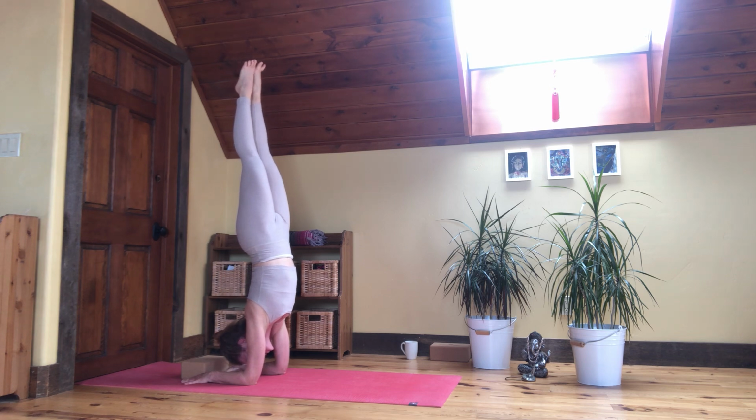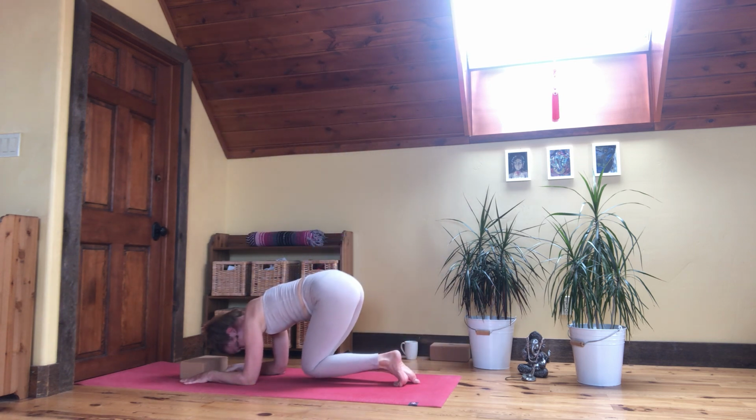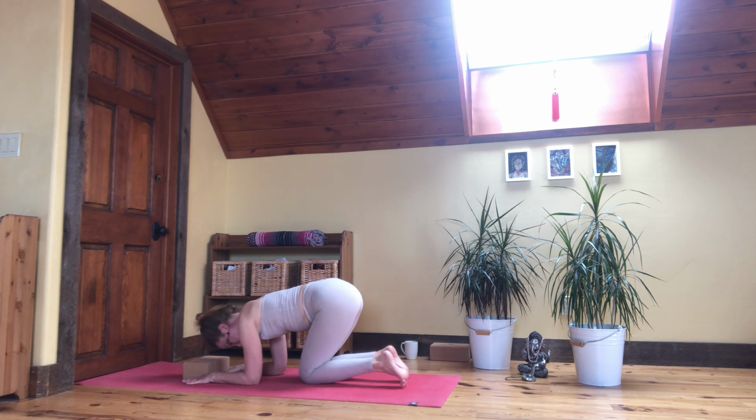Pincha Mayurasana with your palms down, with a whole new feeling in towards shoulders, in towards upper back, in towards the center line. And slowly come and take a little pause before we switch and go up with our second leg. Spread the fingers, come back up,